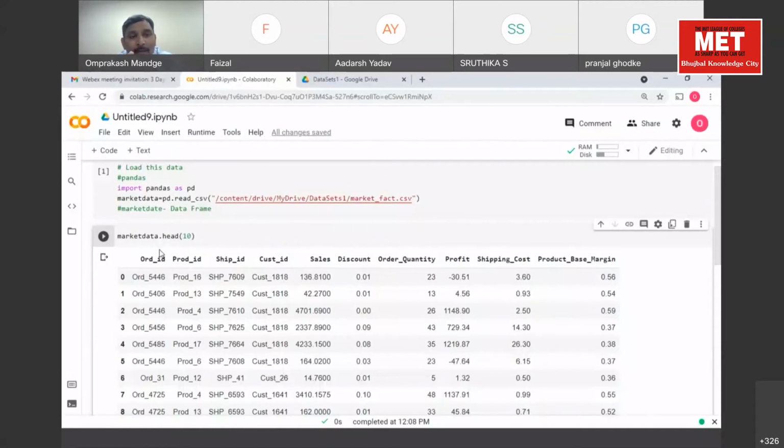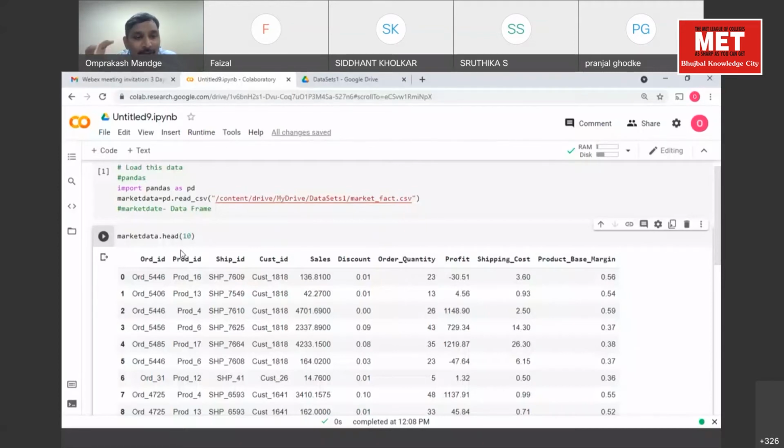Now, can you tell me, there is one field which is automatically added, which was not there in our CSV file. Which is that field? Index. Perfect. So what is index doing here? Now we'll formally define a data frame.